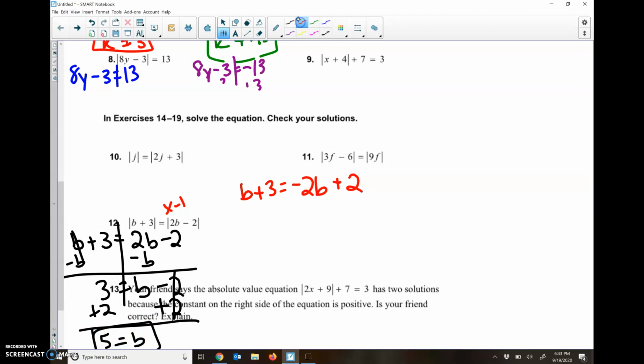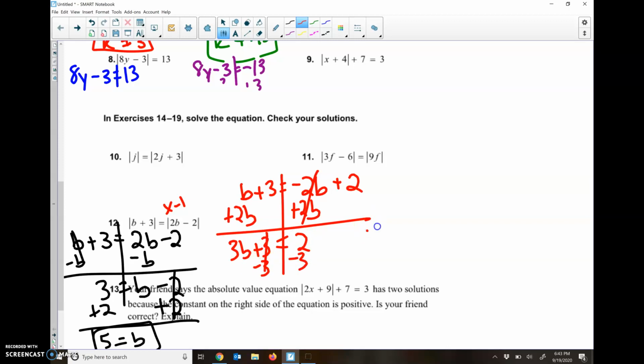Then over here for the red problem, I'm going to add 2b to each side. Add 2b. 2b and b makes 3b. I got a +3, so I'm going to subtract 3. Hopefully you write smaller than me because I run out of room a lot. 2 minus 3 is -1. Divide by 3, divide by 3. So b is